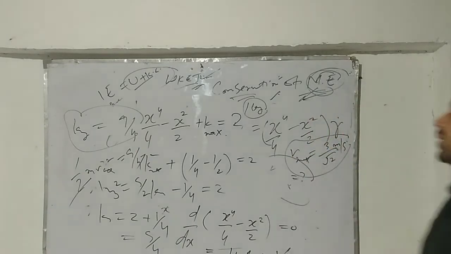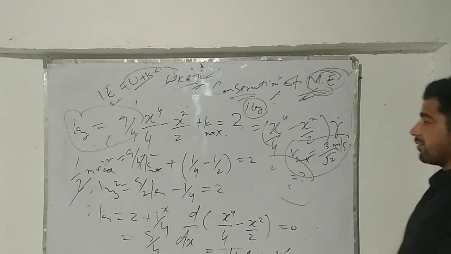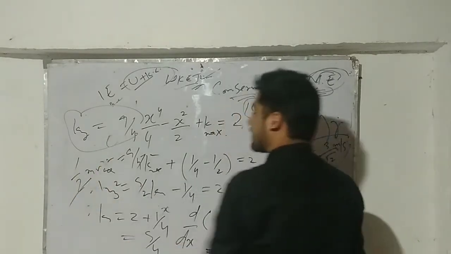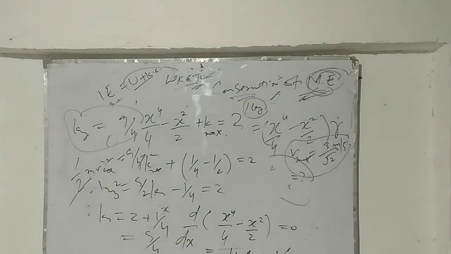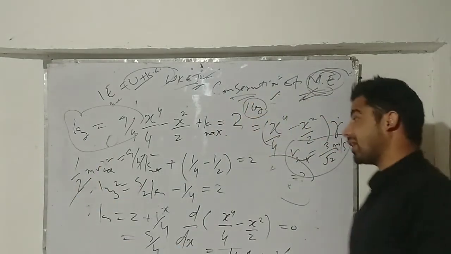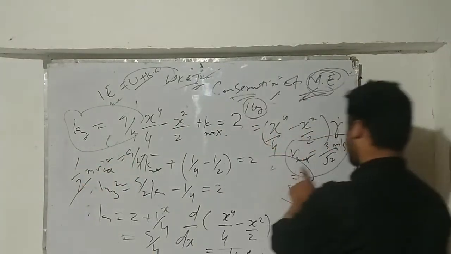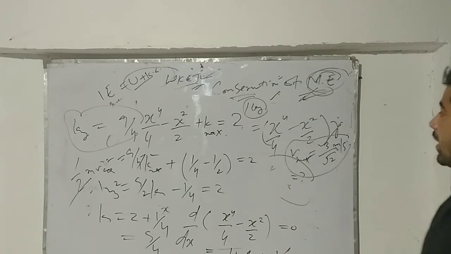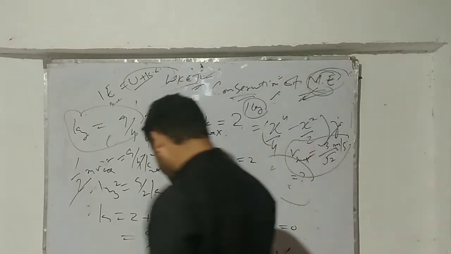This is what I got from the given question after using everything from the question. At the first place I got the value of maximum kinetic energy. After that I found the maximum speed, because it's also given in the question what the mass is. Mass is 1 kg. This way we can find the maximum speed of a particle. My particle moves with the maximum speed if it has a potential energy as given, and the particle's total energy is given as 2 joules.